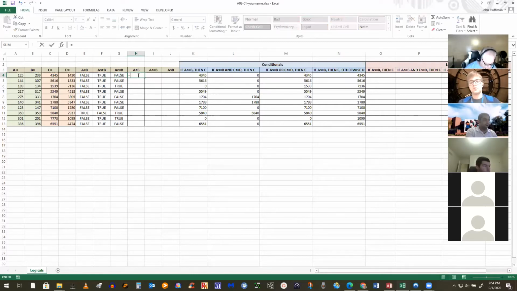I may as well just do it like this. A4, this is strictly greater than B. I forgot to anchor the first one, didn't I? You fix that.